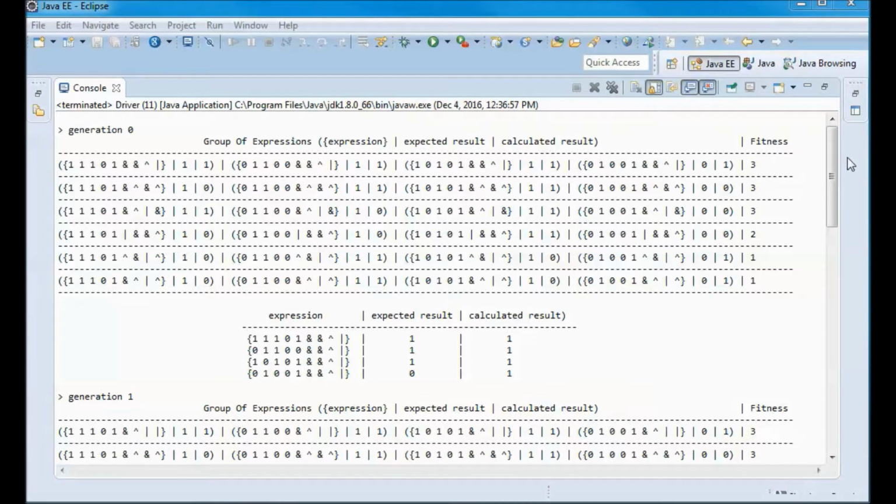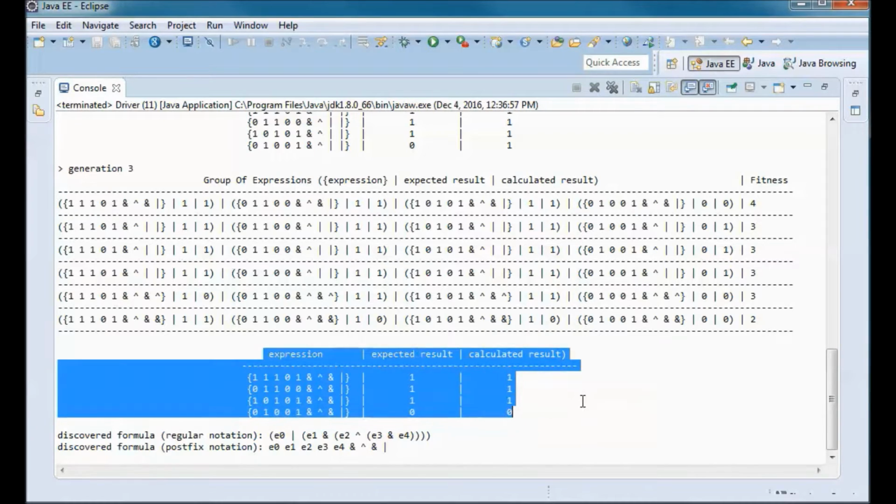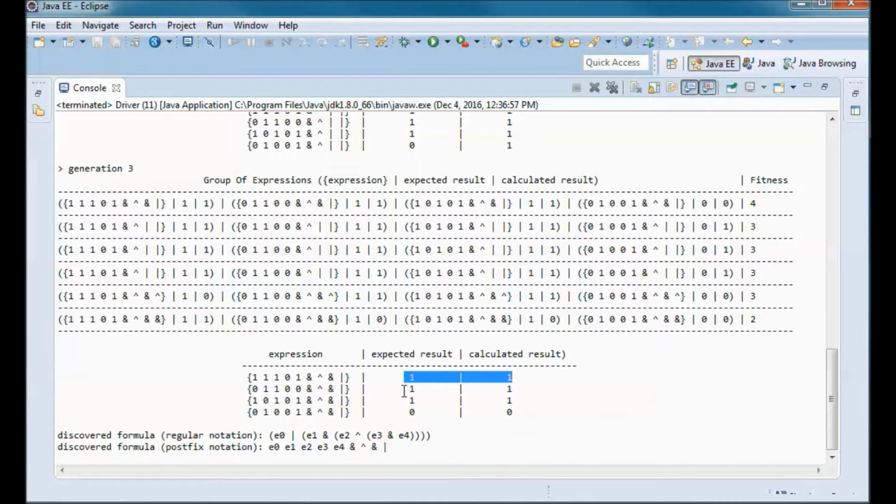And we go down here to this table where all the expected result and the calculated result are the same for each expression.